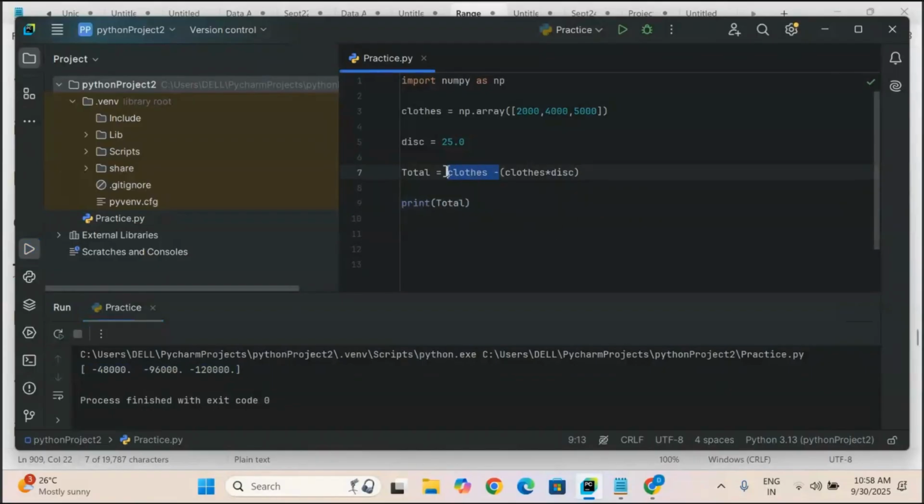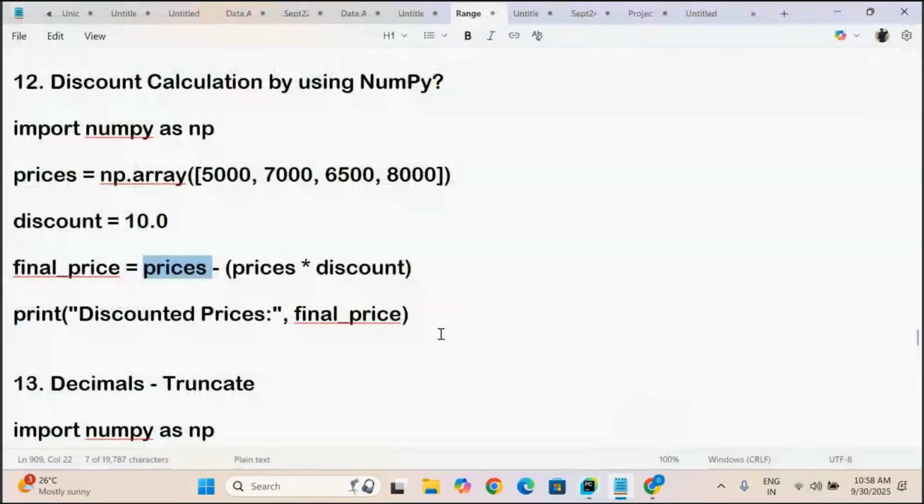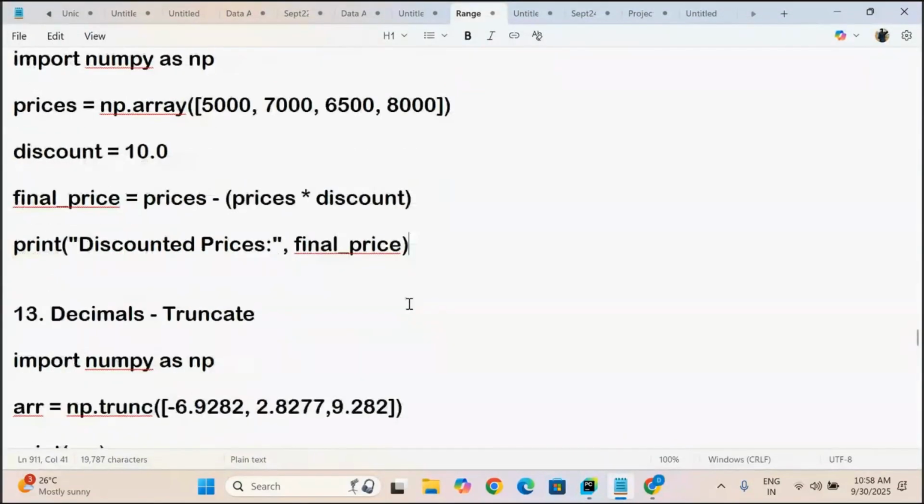Otherwise, what you do, just remove this one, and at the end you can write close. So now you can remove those negative values. Perfect. So next you will observe here that